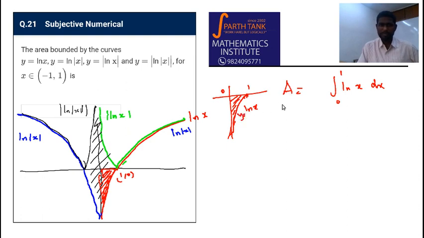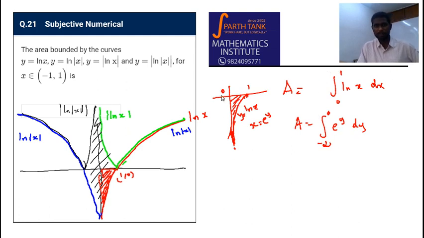Y is log x, right? So what I do, I'll convert this problem to y. That is, raising e to the power on both sides, x is e to the power y, and y goes from minus infinity to 0, right? Y stretches to minus infinity, from there it comes to 0. So the same area can be evaluated as the integral of e to the power y dy from minus infinity to 0. You can evaluate this way or that way. The other way is going to be a bit messy, and remember it will give you a negative area, so you have to take a mod. But here this will give you a positive area.